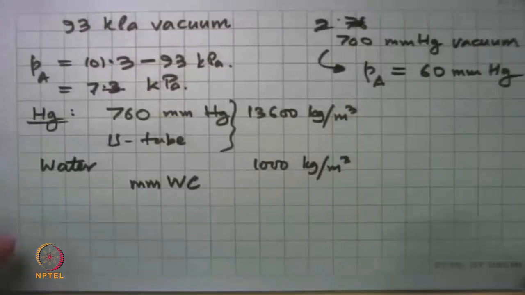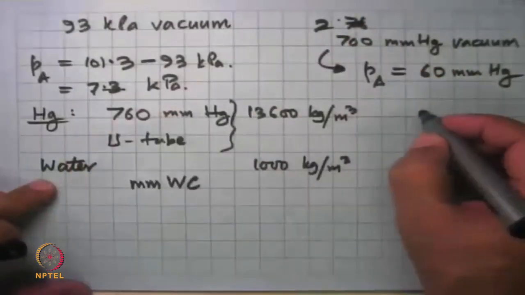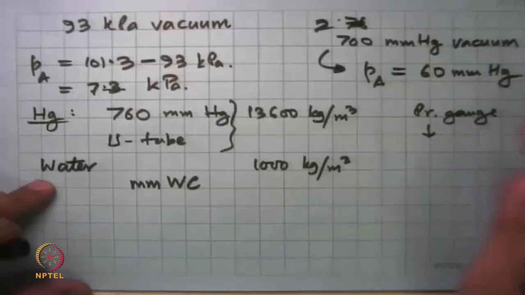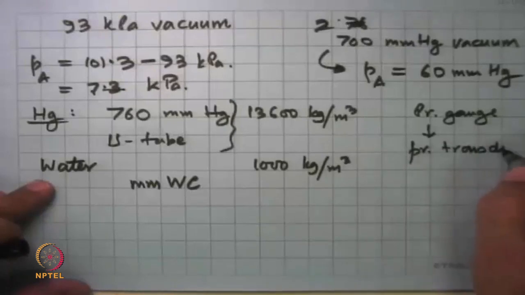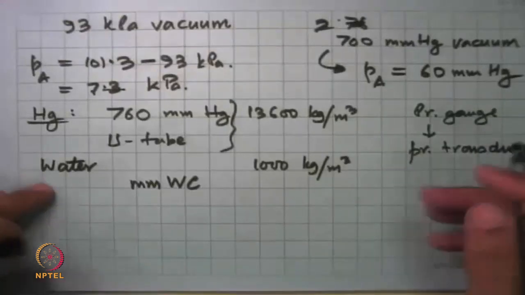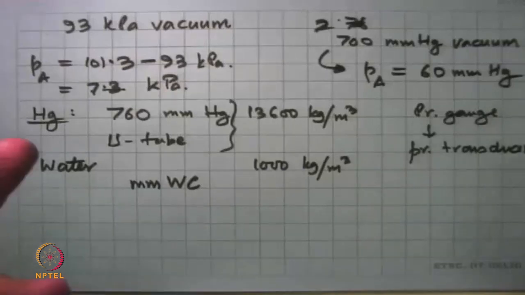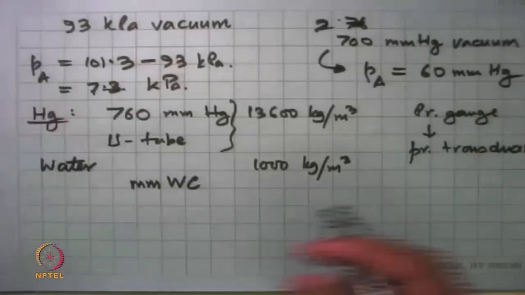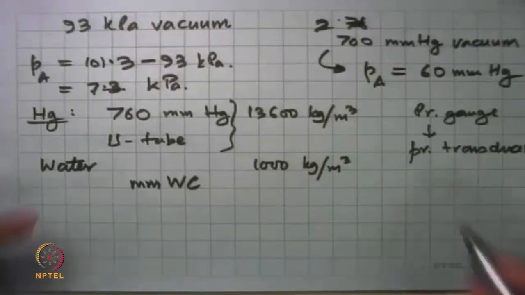And in most applications we do not even use either of them. We used to use a pressure gauge. It is still there, but gradually this is giving way, and we have almost completely moved to pressure transducers. A pressure transducer is nothing but a diaphragm which experiences ambient pressure on one side and the applied pressure on the other side. Because of its deflection, it generates an electrical signal or a potential difference that is measured and calibrated, and that is taken as the pressure. And of course, this is all electronic.